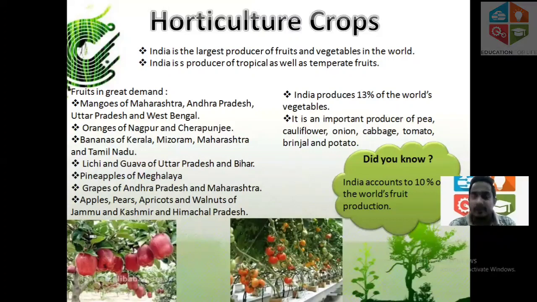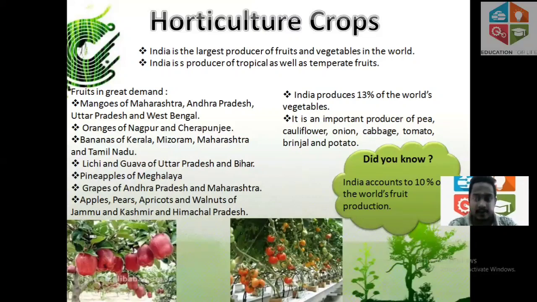And banana. So we are famous for banana, children. See, Kerala, Mizoram, Maharashtra, and Tamil Nadu. So these are all the states which produce a high rate of banana. Lychee and guava are produced in Uttar Pradesh and Bihar. Pineapple in Meghalaya. Grapes in Andhra Pradesh and Maharashtra. Apple, pear, apricot, walnut. So these are some of the fruit and nut varieties which are produced in Jammu Kashmir